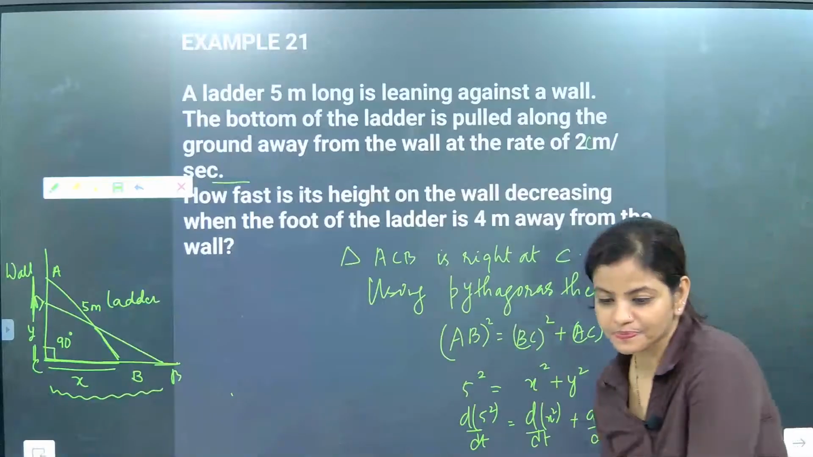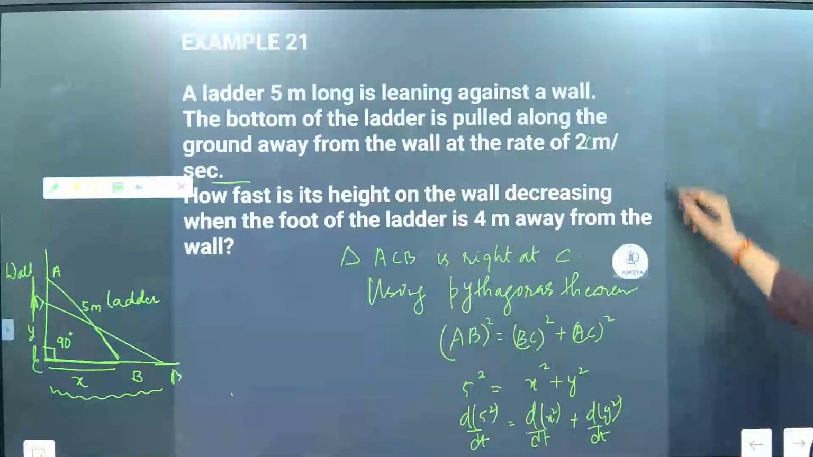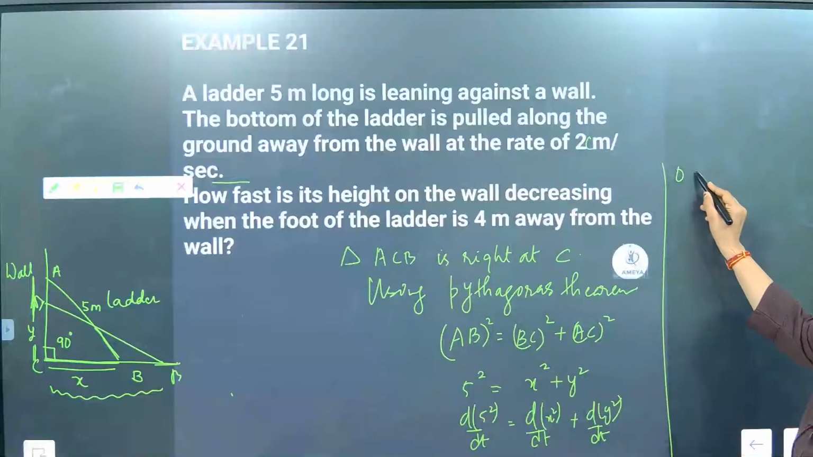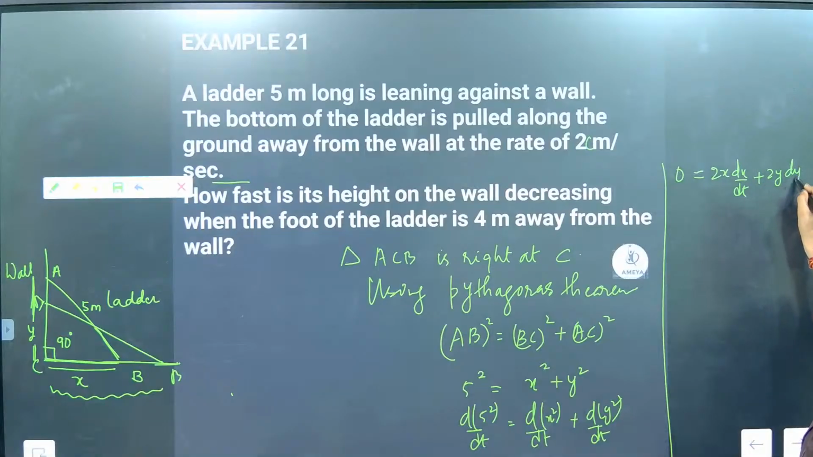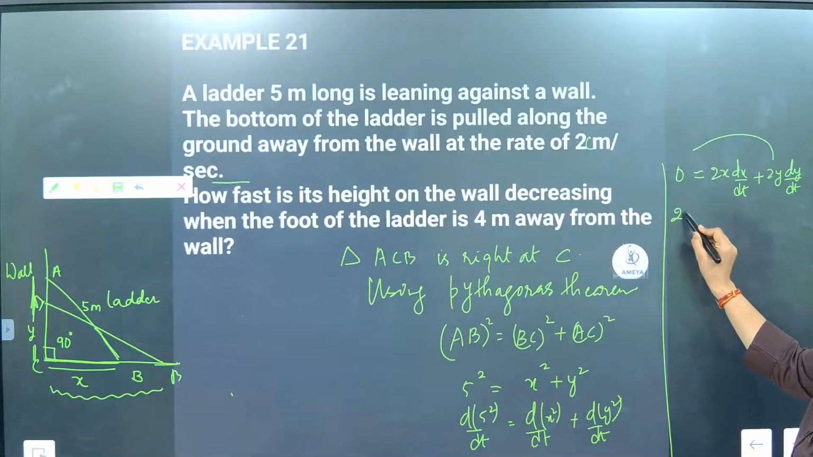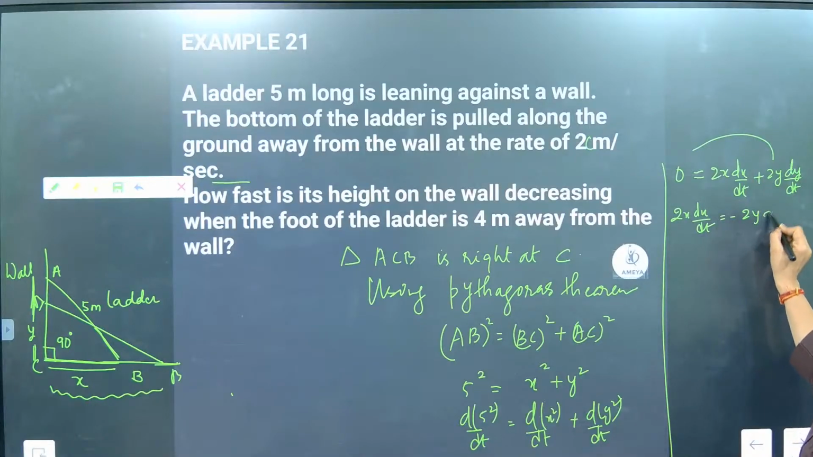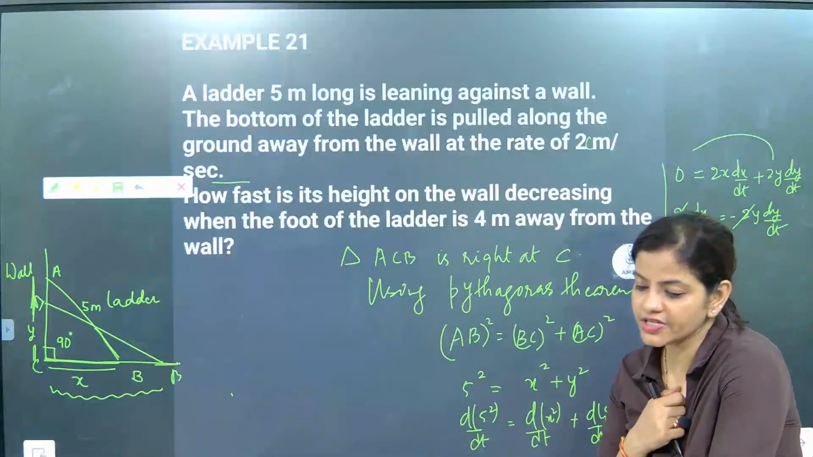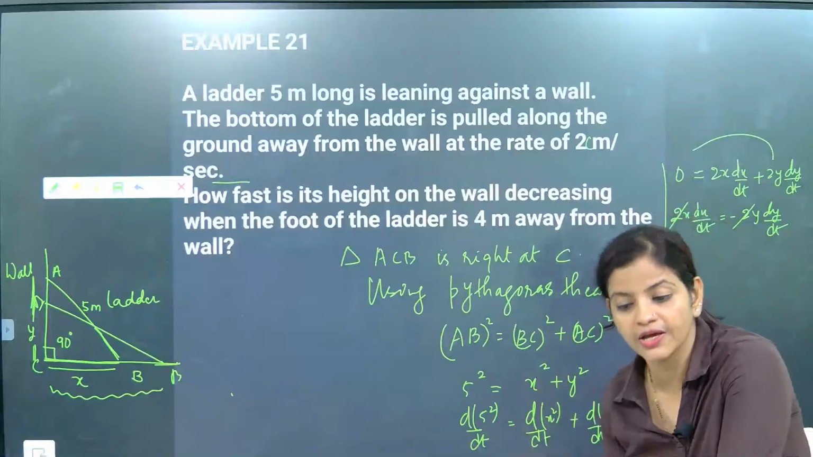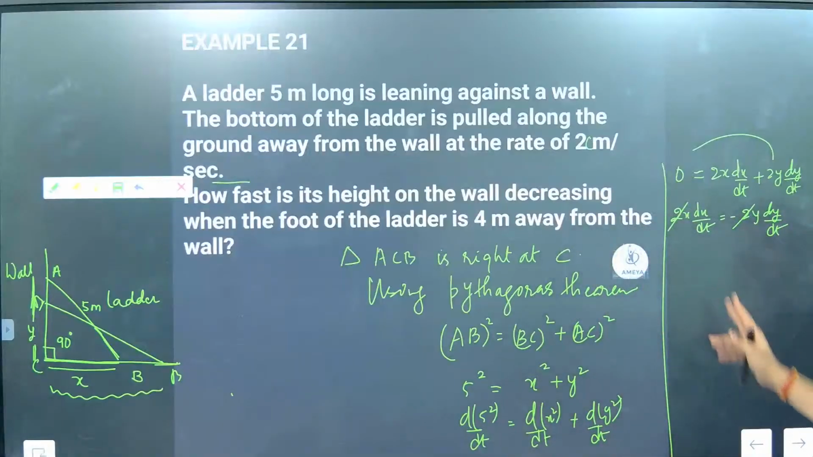Done, beta? Now, once we substitute the value, this part will become 0 is equal to 2x dx by dt plus 2y dy by dt. Now, beta, this one we will shift to that side. It will become 2x dx by dt equal to minus 2y dy by dt. Now, beta, the first important point to be noted here is